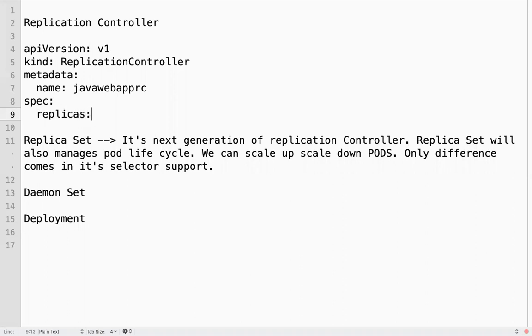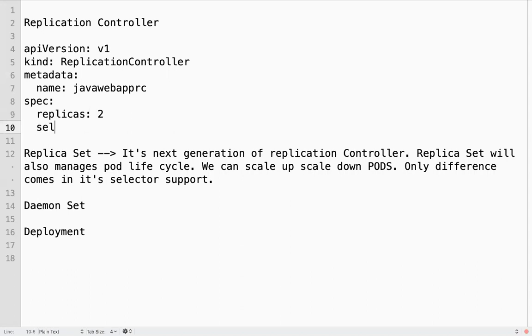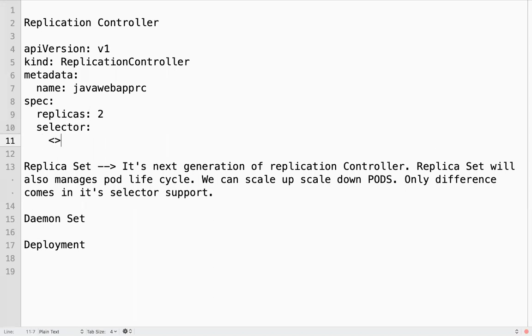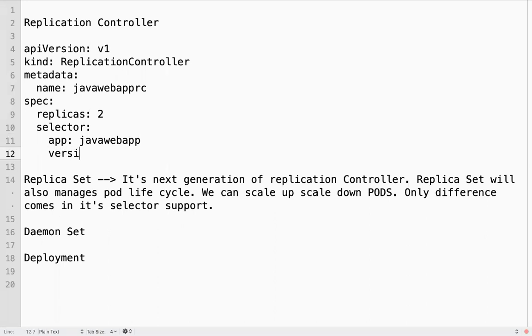Replicas, whatever replicas, 1, 2. Here, selector. Here we are giving key and value, right? We have given app, Java web app. You can give one more also, key and value.